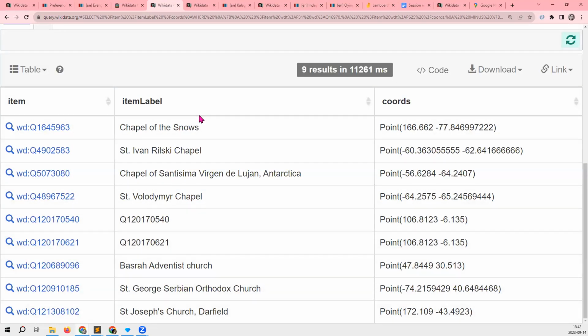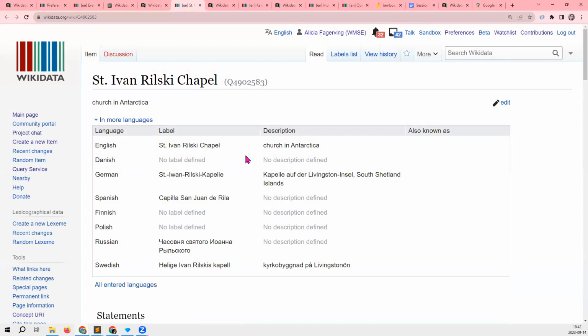And there is actually a very small list. I look at the first item. Oh, well, that's actually a bit hard. Yeah, that's maybe not such a good example.